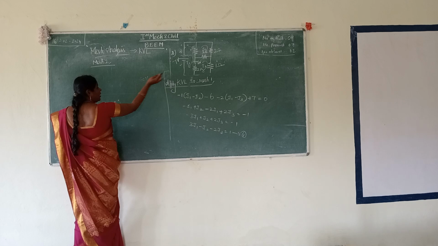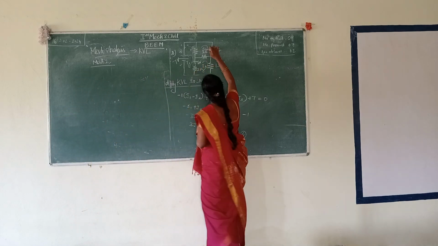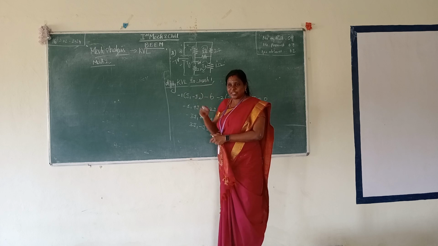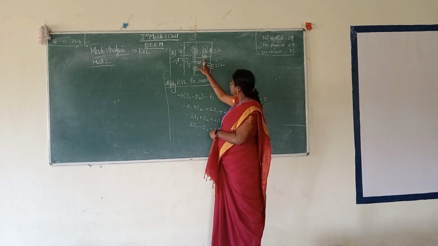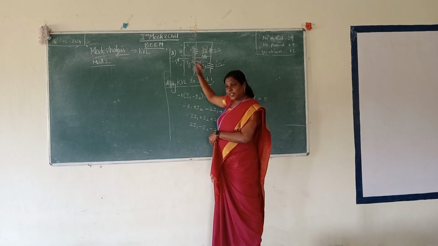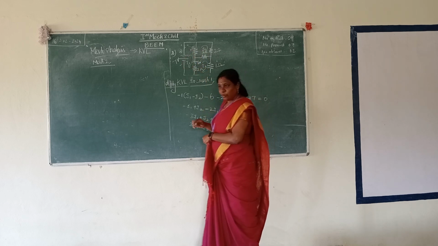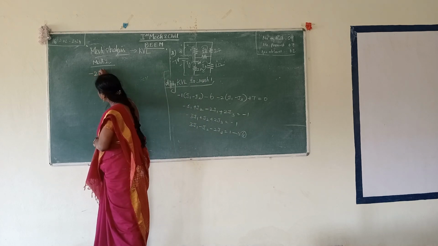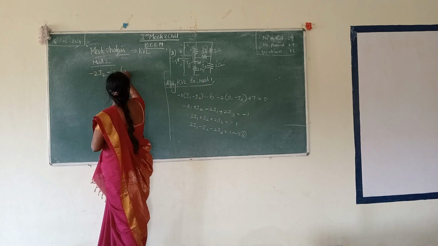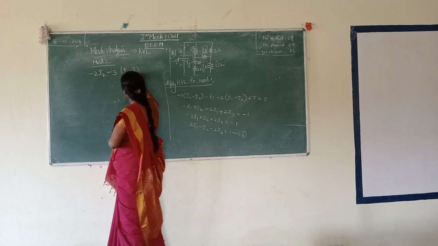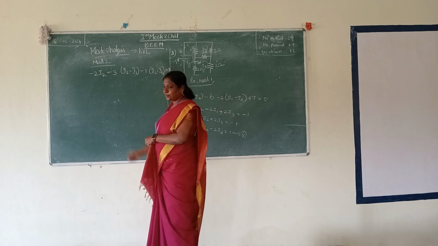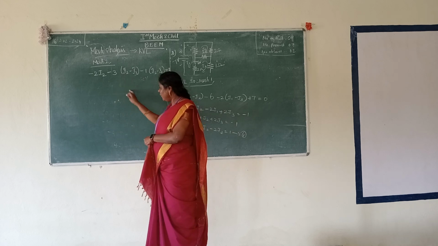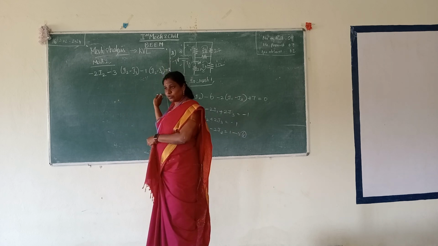So for the second mesh, 2 belongs only to I2. It is not present between any two currents, so it is minus 2 into I2. Minus 3 into I2 minus I3. Minus 1 into I2 minus I1 is equal to 0. 3 belongs to I2 and I3, 1 belongs to I2 and I1, so equal to 0. Solve it and get the equation, and take it as equation 2. Now apply mesh